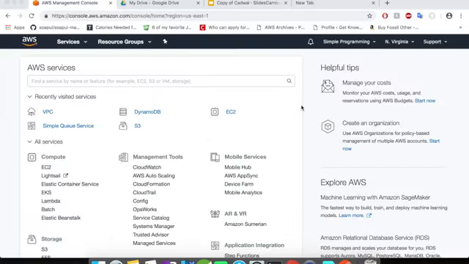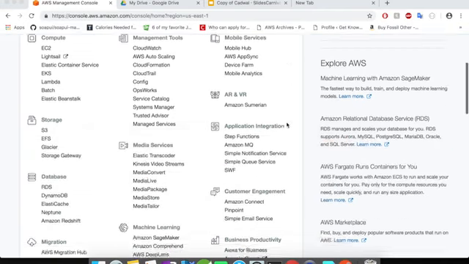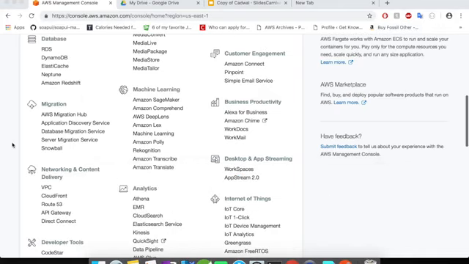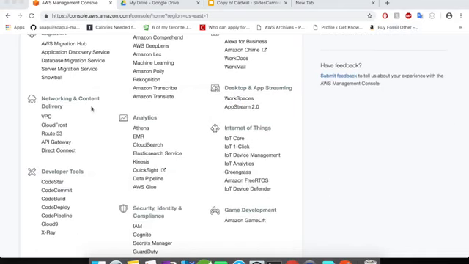You can create this VPC endpoint for DynamoDB either by using the AWS commands directly in your EC2 instance, or you can use the AWS console to create this VPC endpoint. I'm going to show you how to create this VPC endpoint in your AWS console. Log into your AWS, scroll down and go to Networking and Content Delivery. Click on your VPC,